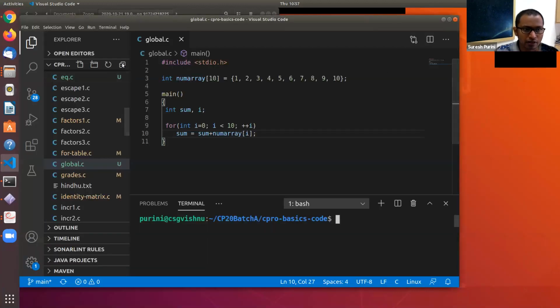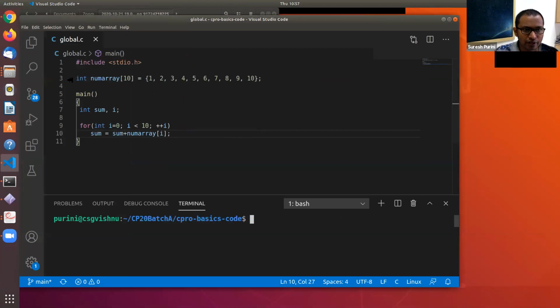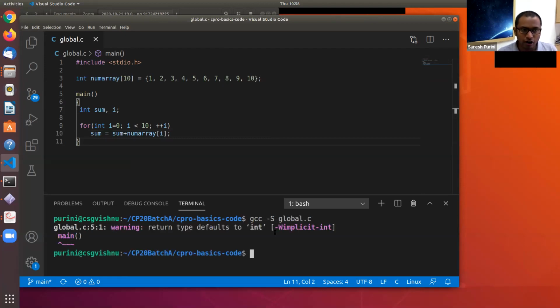Yeah. So this is the code that we have, and let's compile this code, and we will try to understand many things as we compile this code. I'm compiling this code using the -S option so that the assembly code for this, a .s file, will be generated.